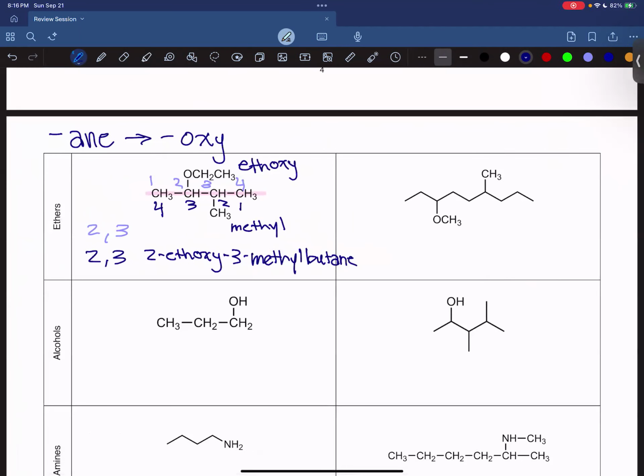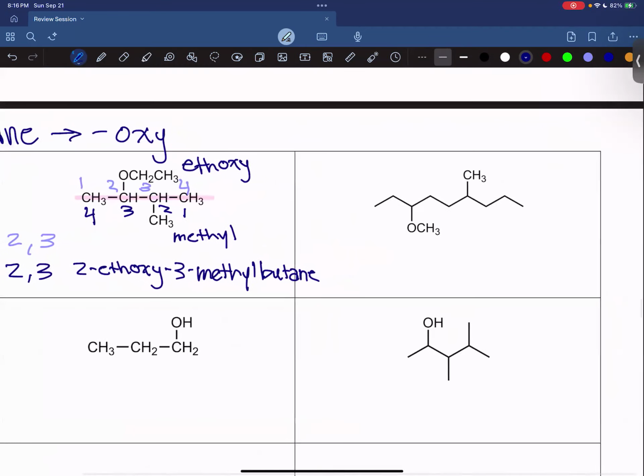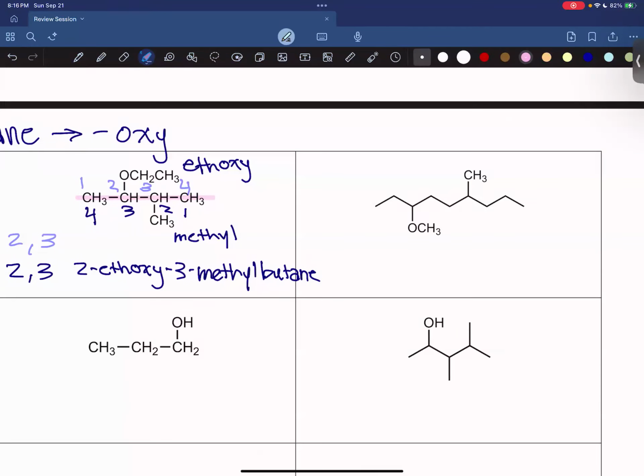Perfect. So next we have our next ether, and we're going to start the same way we always do by highlighting our longest carbon chain. And by looking at this, we can see that if we go in this direction, 1, 2, 3, we would start with a branch on the third carbon. If we go in the other direction, 1, 2, 3, 4, it would be on the fourth. So we either have 4, 7 or 3, 6. So we always want to go with our lowest numbering pattern,